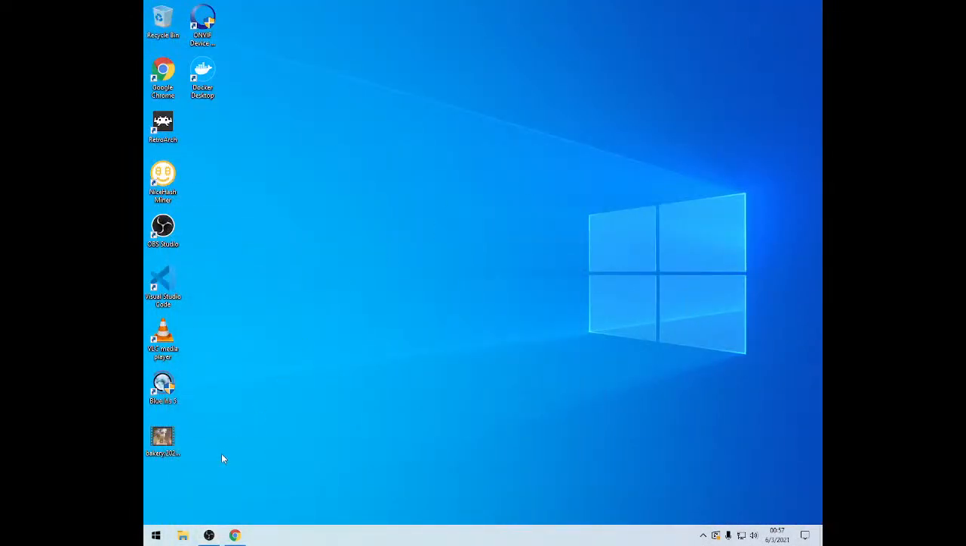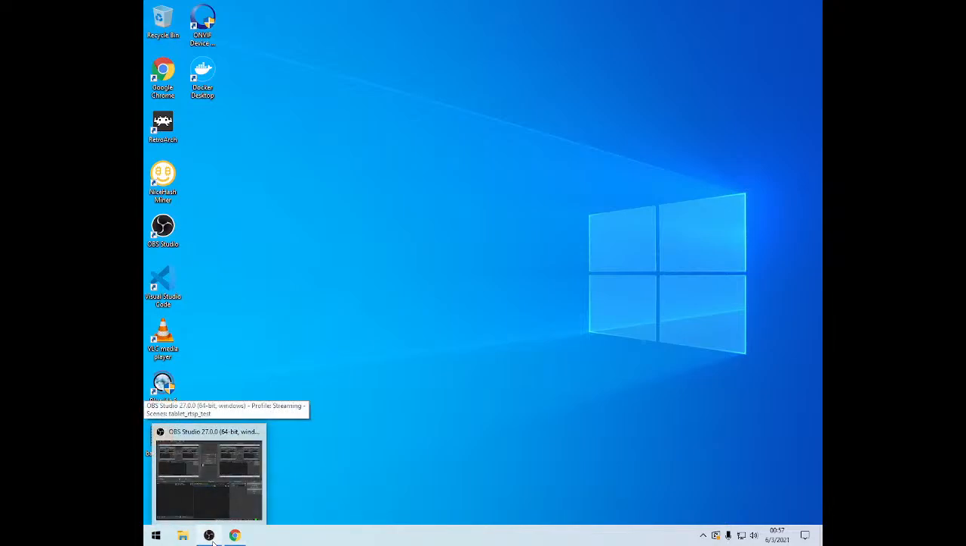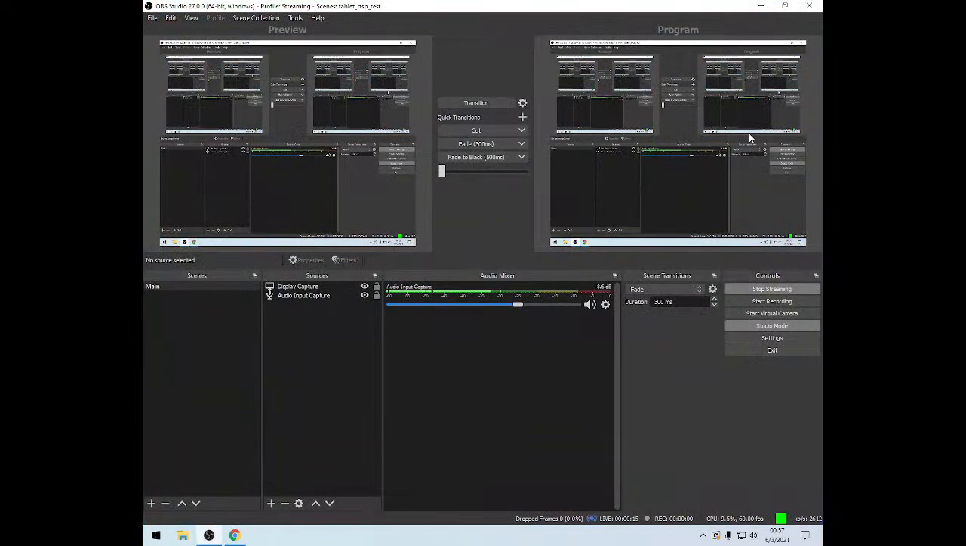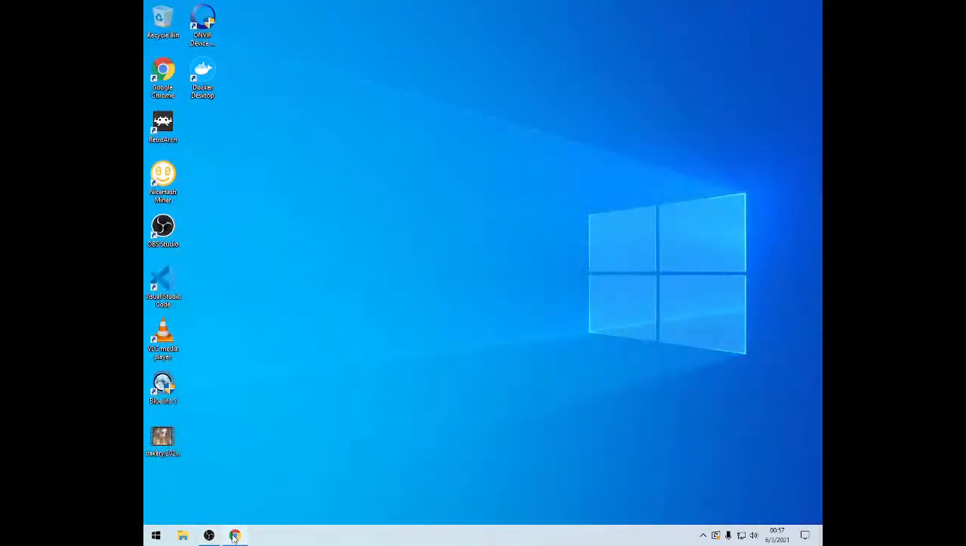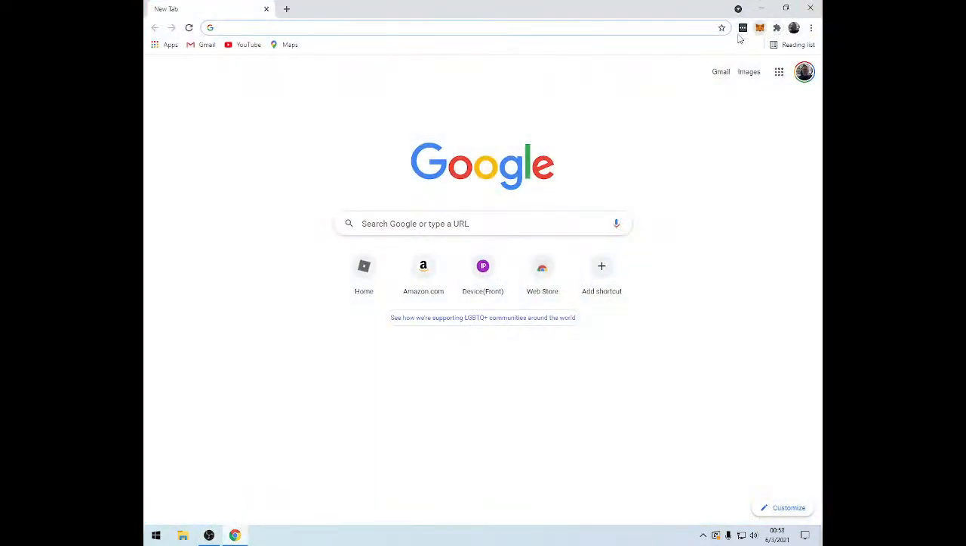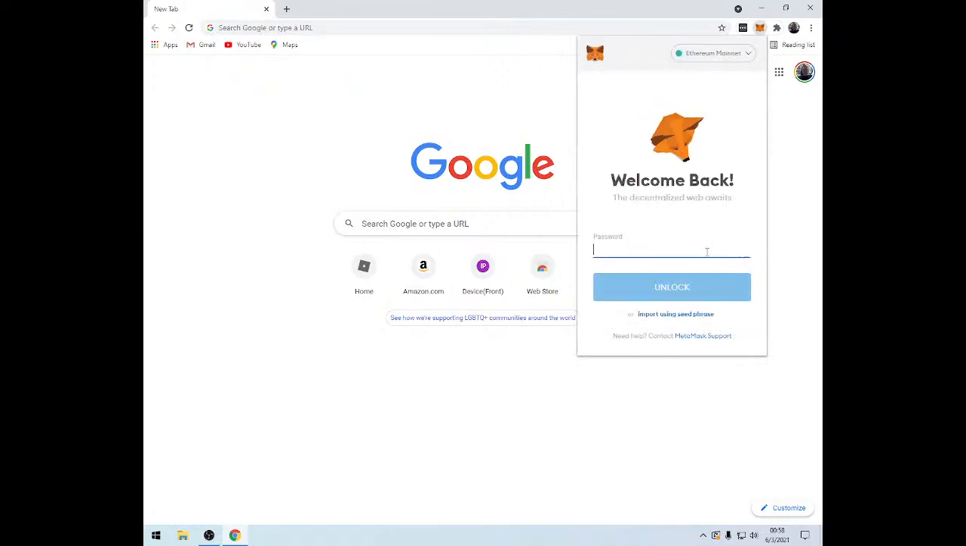Alrighty, folks. We are on a Windows computer today, which is odd for me here. So let me make sure everything looks good. Yep, everything looks good. All right, so we're gonna work with MetaMask and all of that good stuff on